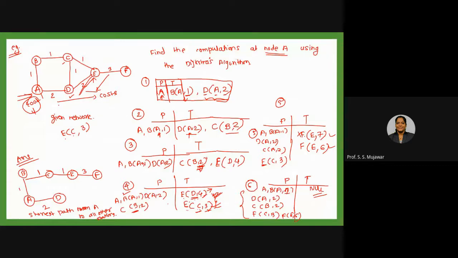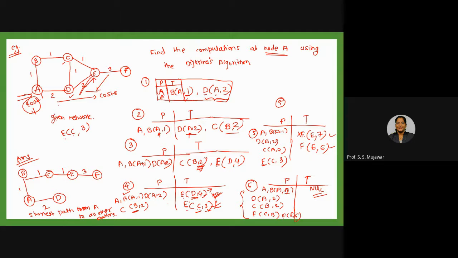E's entry is also mentioned, E of D4, but the thing is that now we will be calculating with respect to C, meaning through C we will go. The earlier one was related to the D path, now we are seeing that if we go through C, to reach E how much value will be required. So from A through C, if we want to reach E, then 1 plus 1 plus 1, that is 3 cost, right? So E of C3. So we have written this. Now in the next step, as it is, we have written this part as it is.